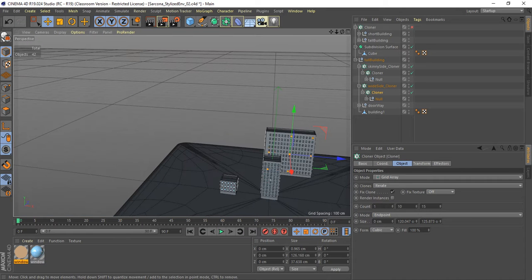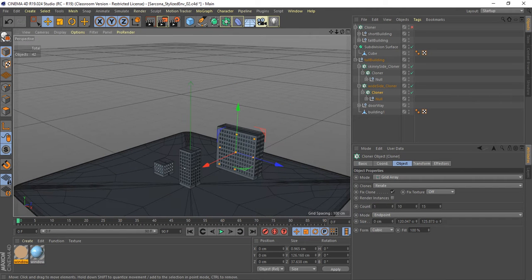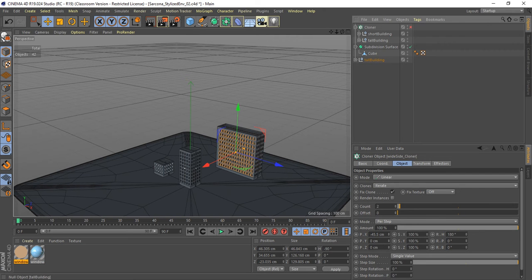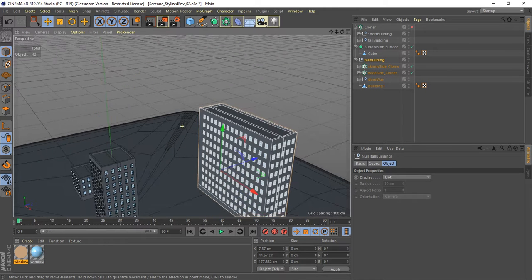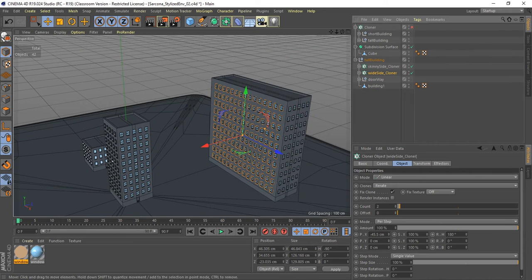All right. Now the other thing you can do is if there's a special circumstance where you want to take this one side and move it somewhere else, or I have this one item I want to move somewhere else, you can do what's called an instance. So if there's my tall building, if I take one of my sides of windows here, and I wanted to